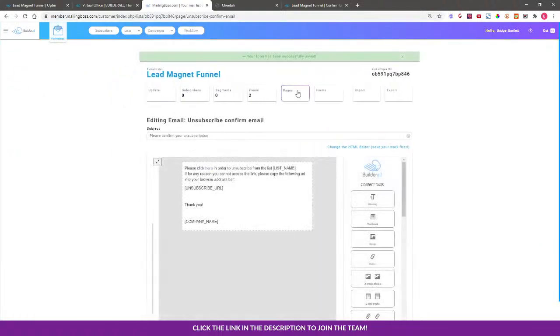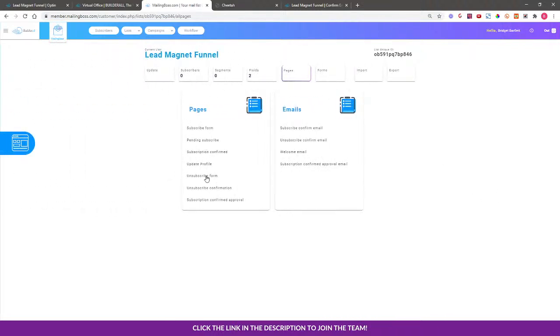And we also, if we go back to pages, we want the subscription confirm page to be our final page, which is the download. So what this means so far, they have filled out the form on our opt-in page. They have gone to the pending subscribe page, and then after they have confirmed their email, they're going to go to this page, okay? Now, if they go to this page twice, the second time, it's going to send them to this page,